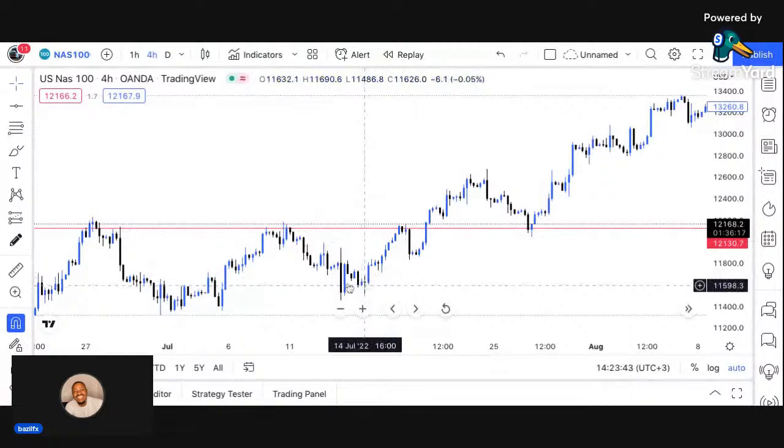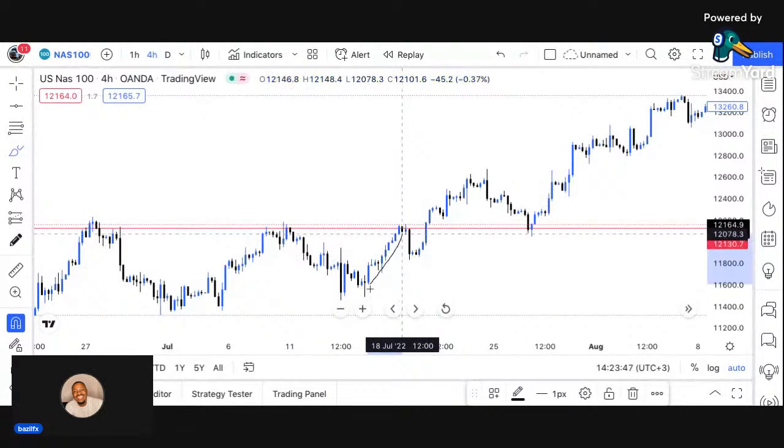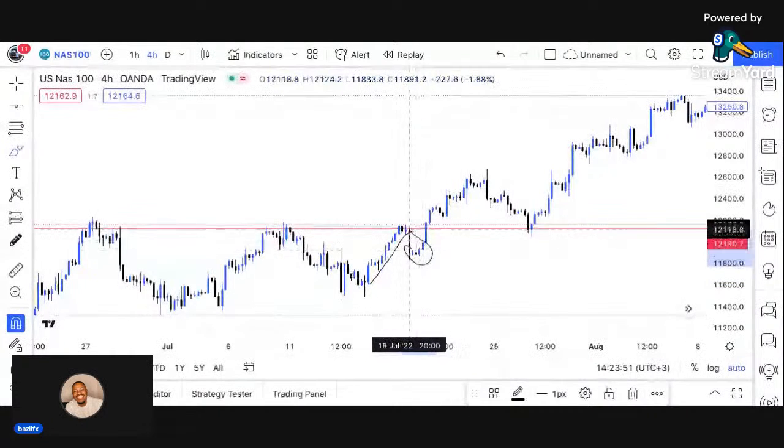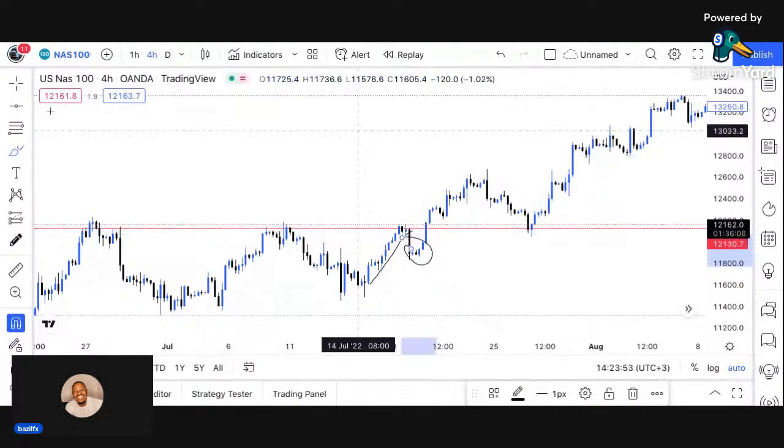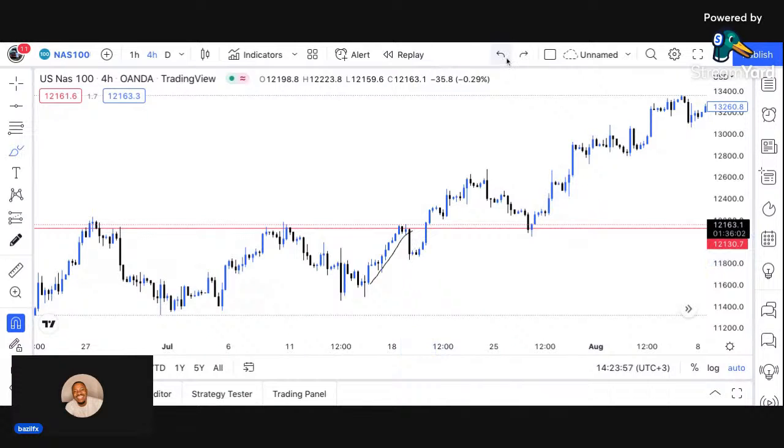Since we had this big impulsive move to the upper side, you see this impulsive move to the upper side, it means this price had to just retrace, just a short move of the previous impulsive move. It had to retrace just a